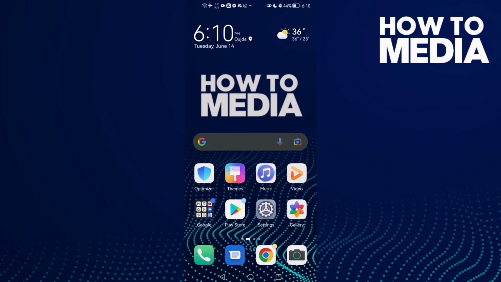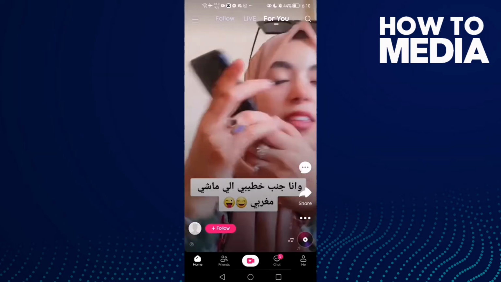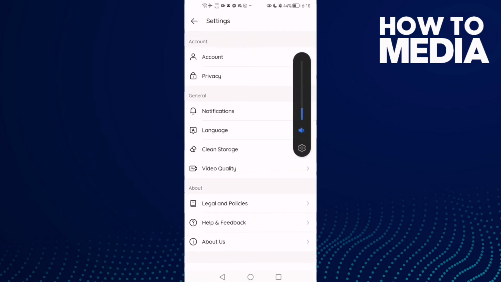Hello guys, in today's video I'm gonna show you how to find rapid growth notification settings on Likee app. First thing, go to Likee app and then click these three lines in the top corner and now click settings, and here you will find notifications. Click on it